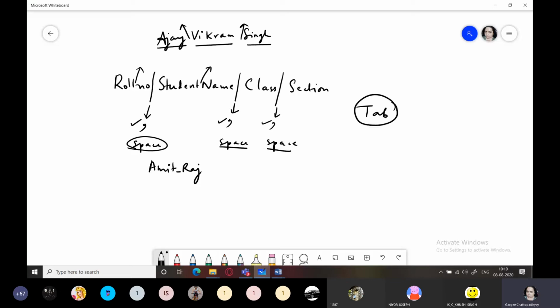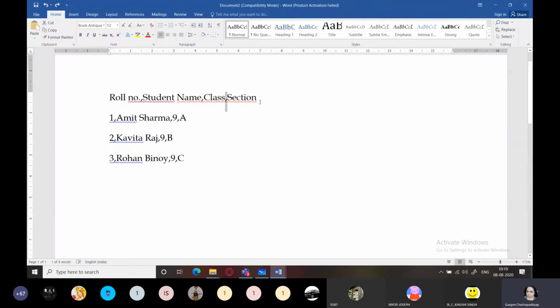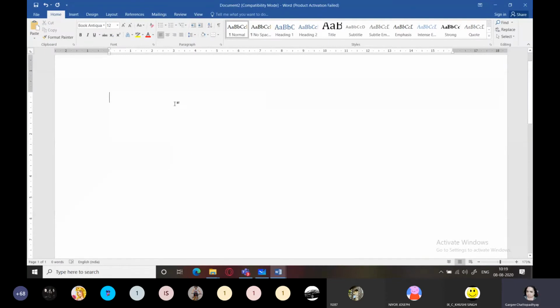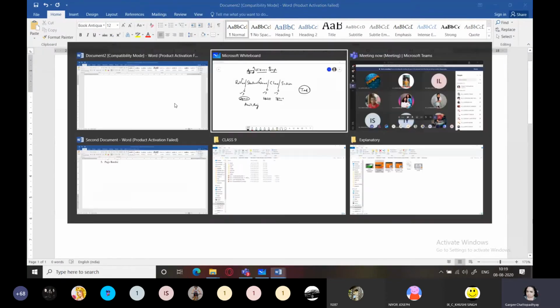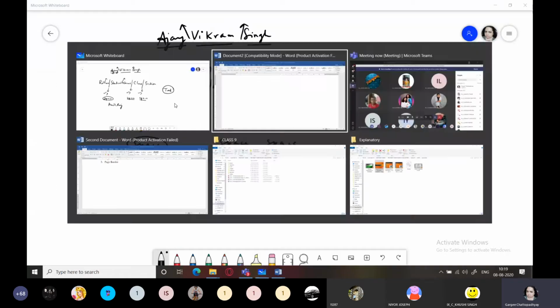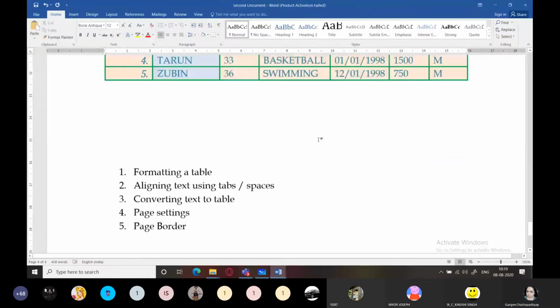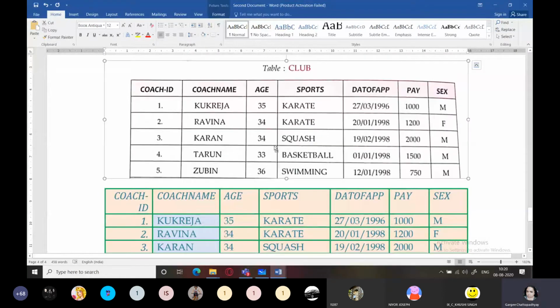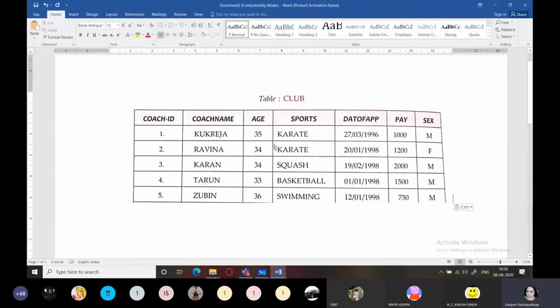Now for doing this tab work, I need to explain how to create a table using tab spaces. So let us see that first. We'll go back. Now this whole thing I'm going to delete. And what we are going to do is we are going to create a table, and let that table be this table which we had created earlier, this same table. So I'm just copying this part and pasting it over here.